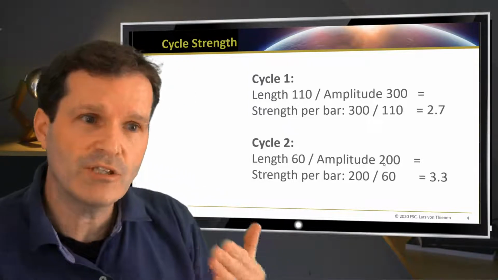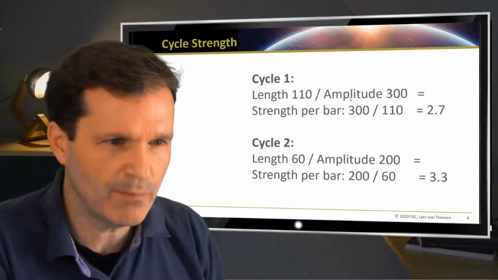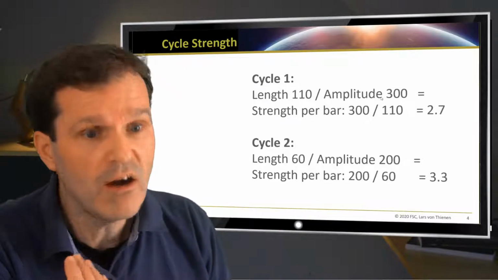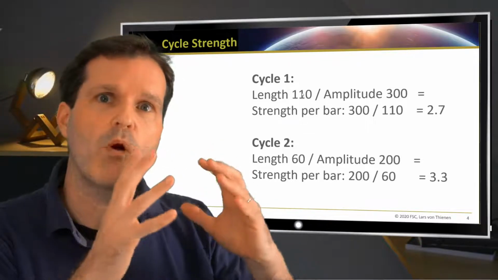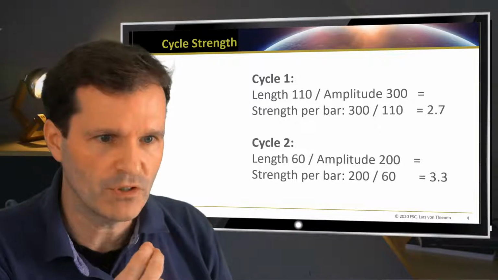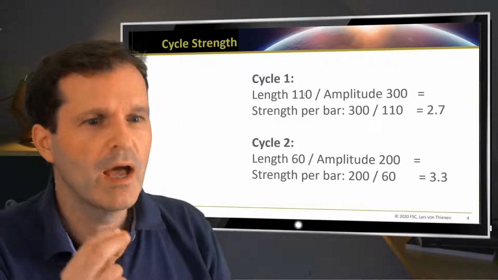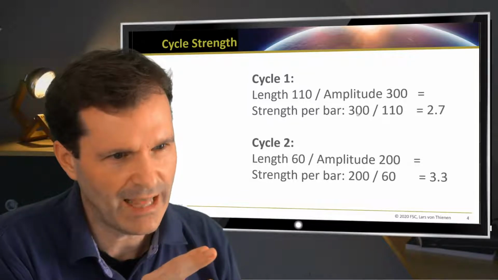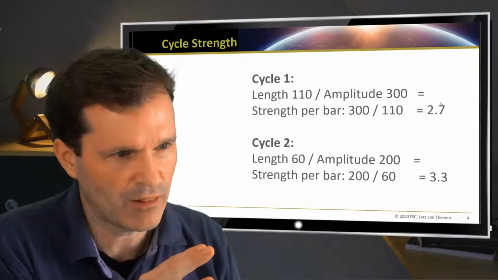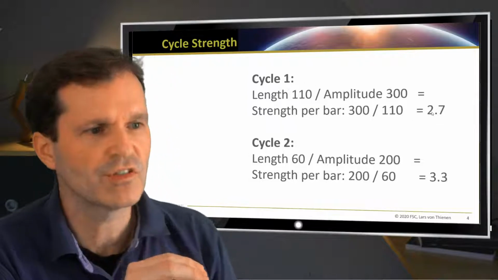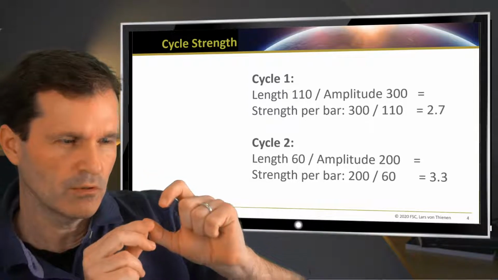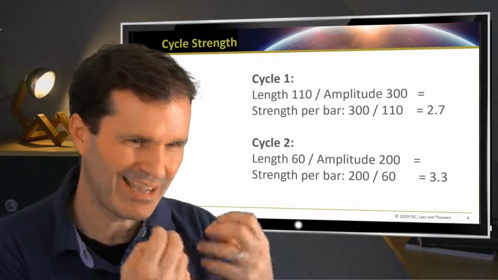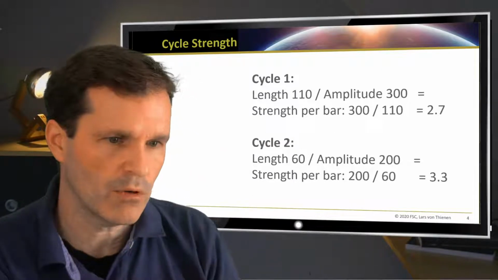And often you start to look for the cycles with the highest amplitude, which in this case would be the first cycle, 300, or with the highest lengths, because these are more the cycles you look for in absolute numbers, which was also the first cycle here. But if you now divide the amplitude per bars of the cycle length, you get exactly the cycle strength, which in this case drives the amplitude by 2.7 per next bar, which is coming. So that's a kind of indication about the strength or the power of the cycle.